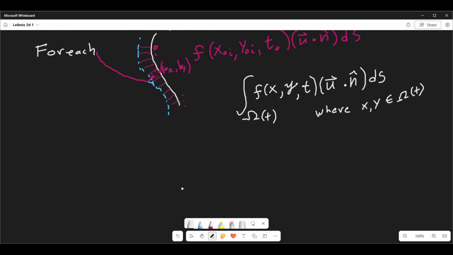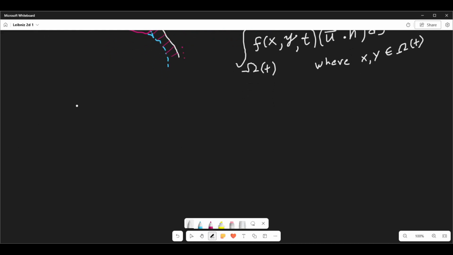So at the end of the day, there's two parts to this integral. So this has basically explained what the change in the integral is due to the motion. So this was the original integral, which is this integral over A of t of the function of x, y, t, dx dy, and then the part